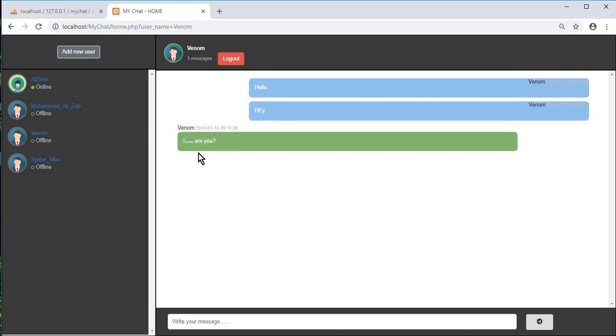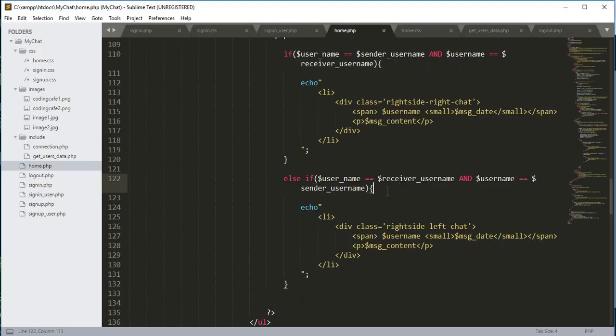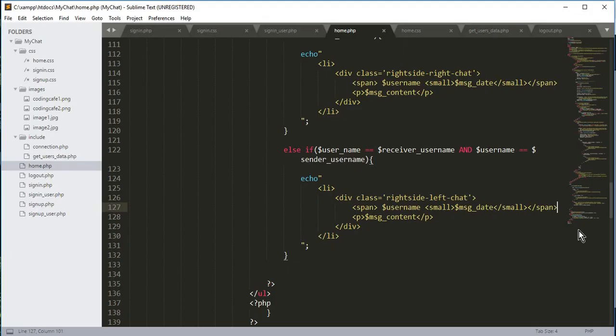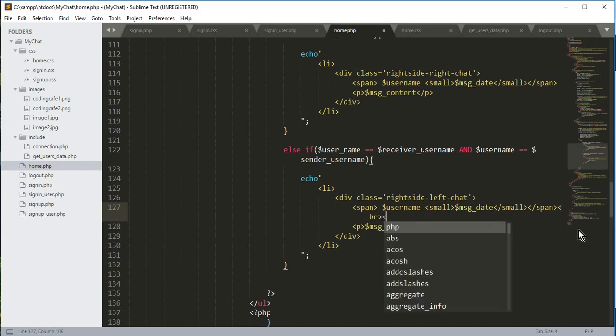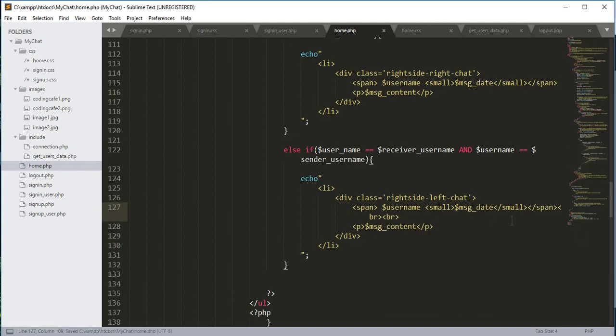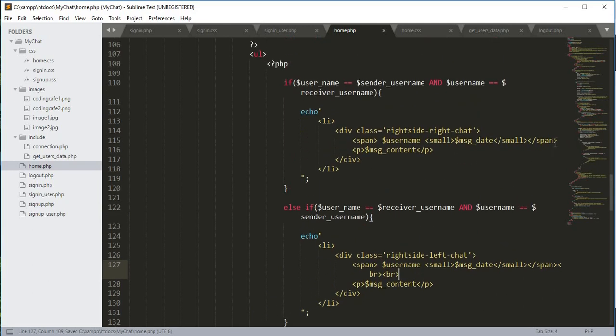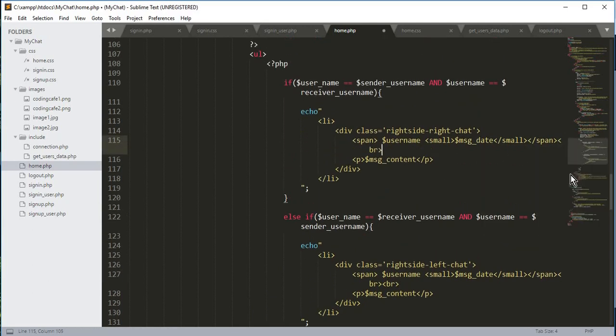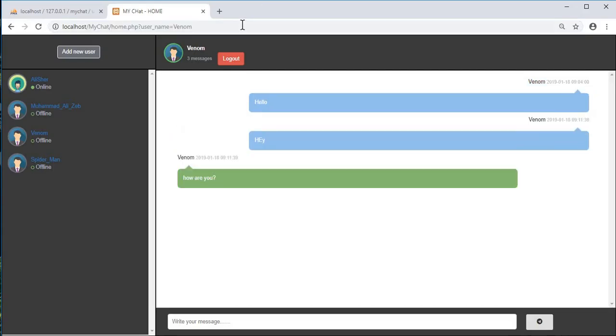So now here is the message, but it's not showing correctly. So we need to add two BR tags after the span ending tag, and over here also. So now if we just save it and refresh the page, then you can see here are all the messages,